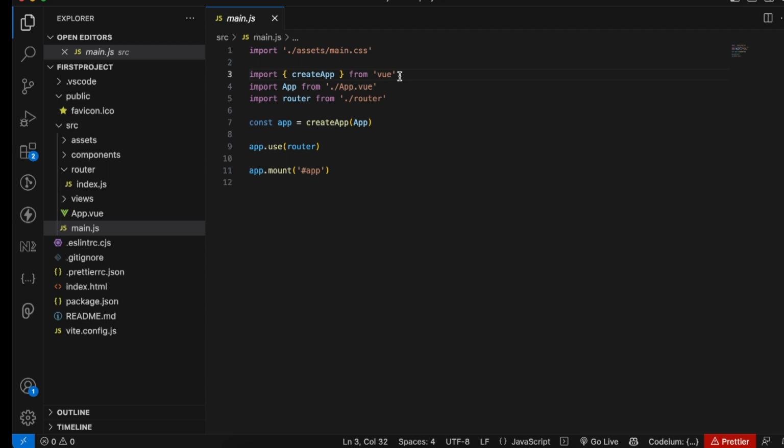Okay, so after that we import createApp from Vue.js, and after that we build some component, that is the app component. So we import this, and we inject this app into our createApp. After that, if we want to use our router, we simply app.use, so this will be our